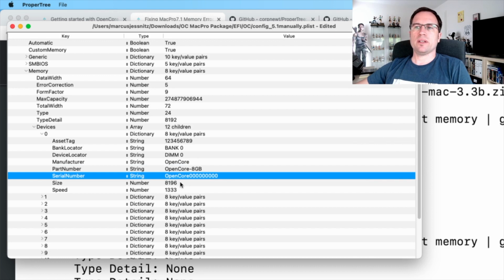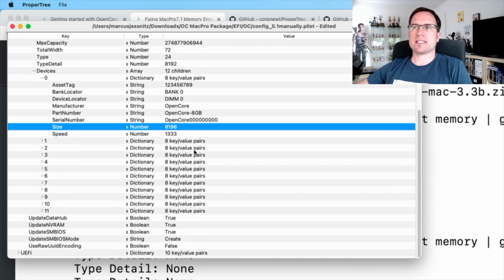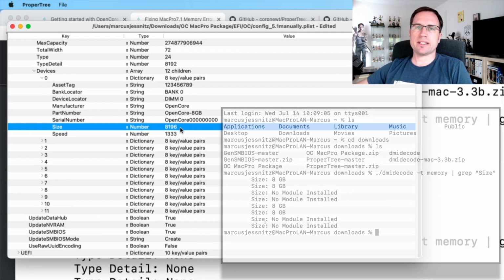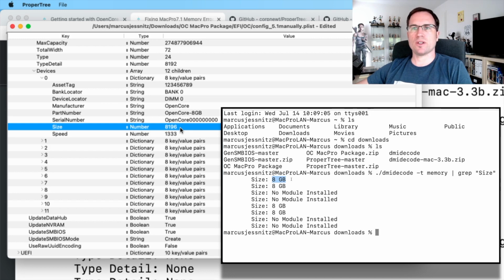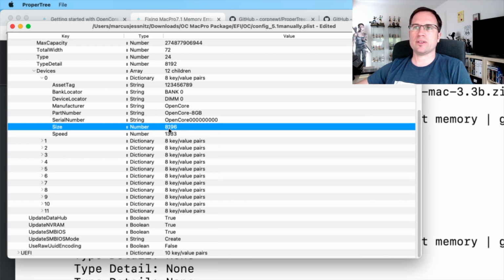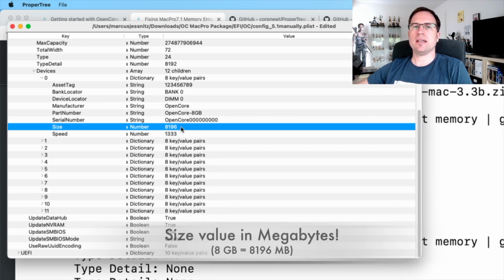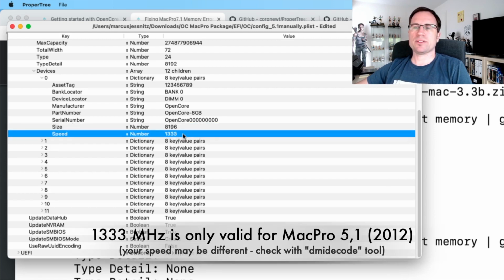The only important parts are size and speed. Size here, as you have seen, I have an 8 GB module in my first slot. So I entered 8,196 megabytes, that's 8 gigabytes, as a module size. And the speed is 1,333 megahertz.